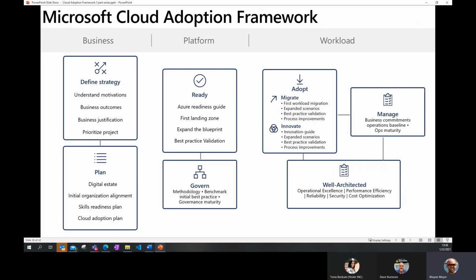And then ultimately, we'll finish up in part five, where we will talk about Well-Architected. So taking the architecture of an application and then using the Well-Architected methodology to optimize and iterate on that app and make sure that workload is meeting the requirements of security and cost optimization and so on.